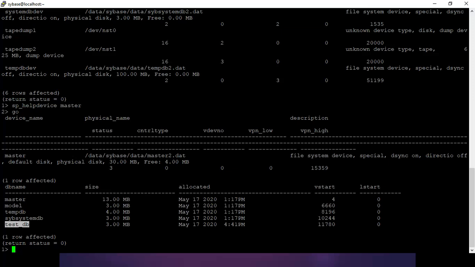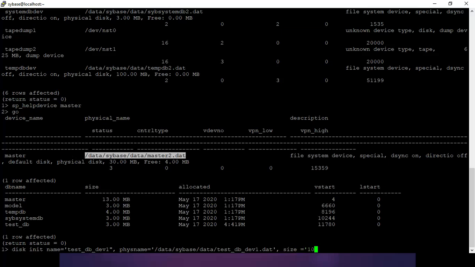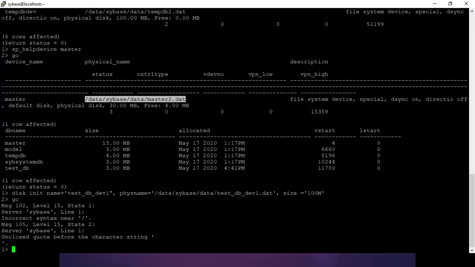Let's create a device. disk init, testdb.